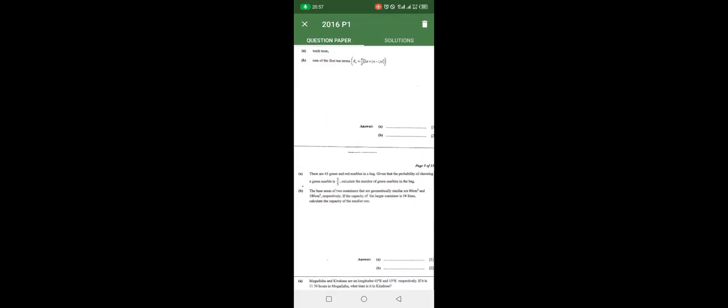The question says: the base areas of two containers that are geometrically similar are 80 centimeters squared and 180 centimeters squared. If the capacity of the larger container is 54 liters,